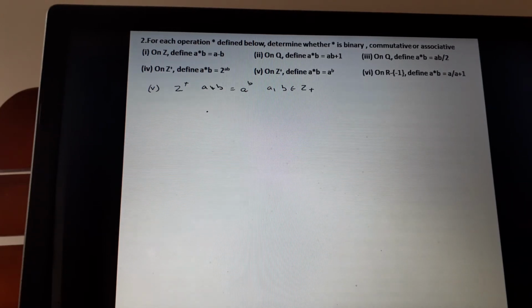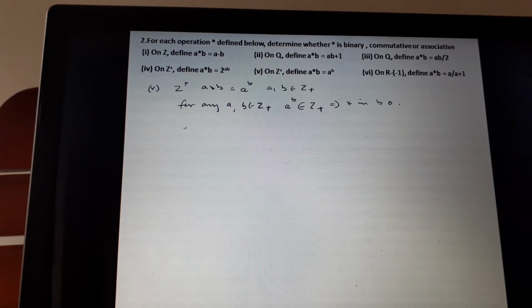See here what happens is for any A and B belonging to Z plus, means positive integers, A to the power B, a positive integer to the power positive integer, definitely this is in Z plus. But this is not the case if you take Z. So you should be careful. Therefore, just by looking at this we cannot decide whether it is binary or not. First you have to ask what is the given set. So this implies star is definitely binary operation. So the first question, no problem.